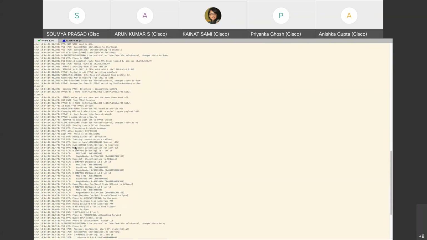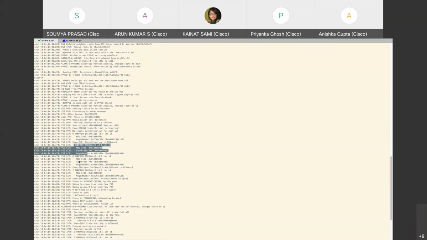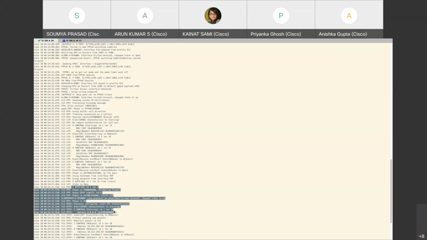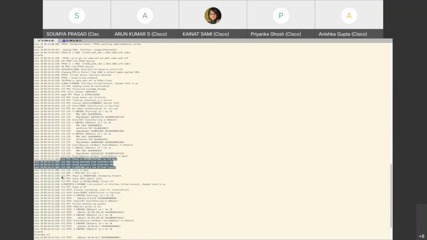Once the session stage begins, what do we see? We see the config packet going out from the client. We get an inbound config which says, okay, I support PAP, and then our client will be like, yeah, we also support PAP. And then the authentication phase starts where they exchange the username and the password. And once that is done, we enter into the NCP or the IPCP phase, where my client will send out an address of